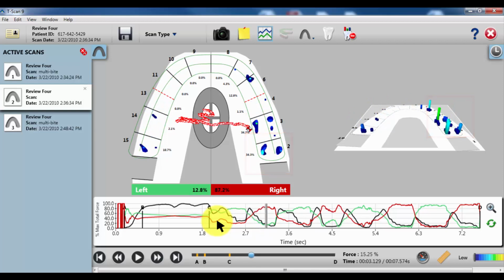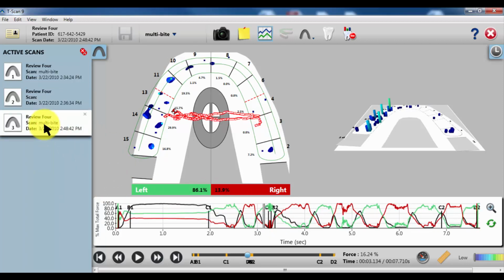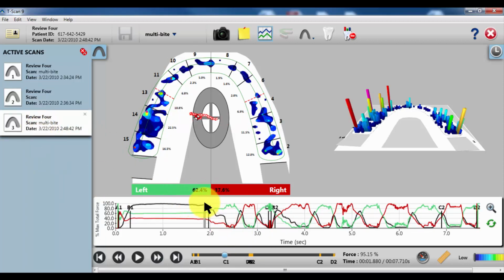So as we watch this, it gives us an indication that it's the distal on number 2 towards the lingual side that is causing the pain. And so now that we're doing this specific movement, we get a better description of where the pain might be coming from. We can adjust that area, and in turn, the next scan during the grinding motion, you'll see,